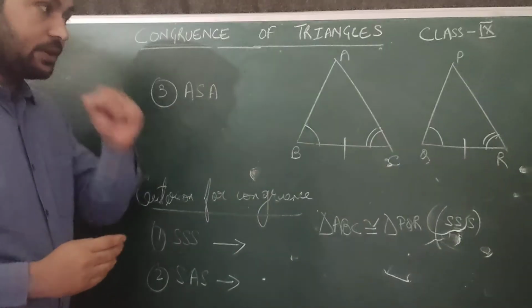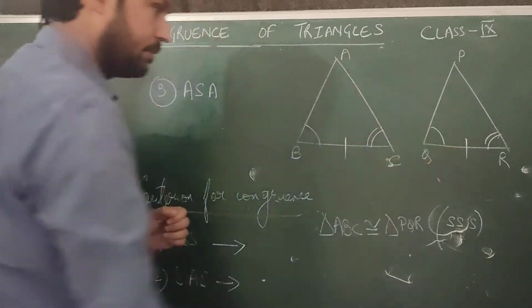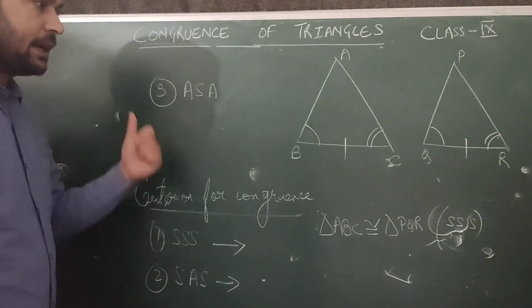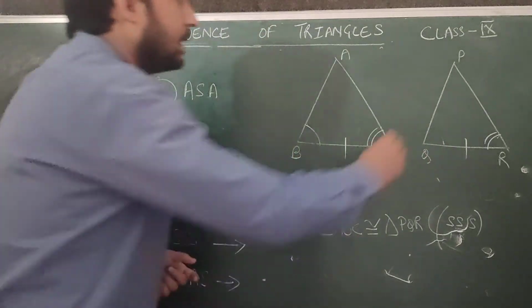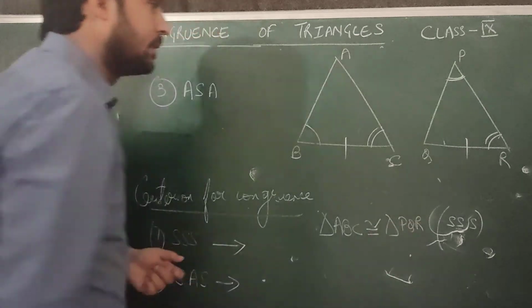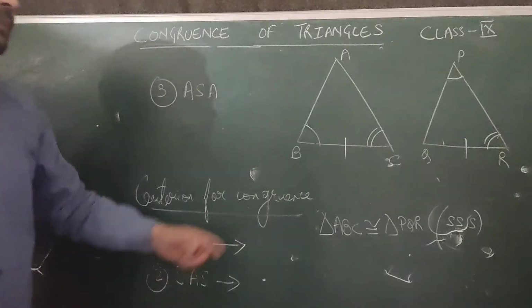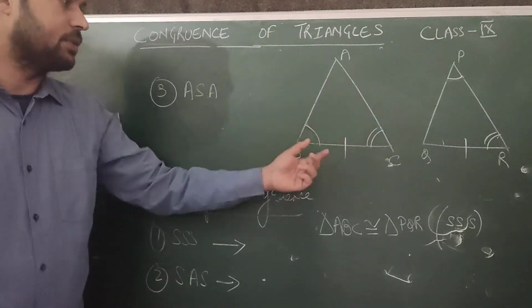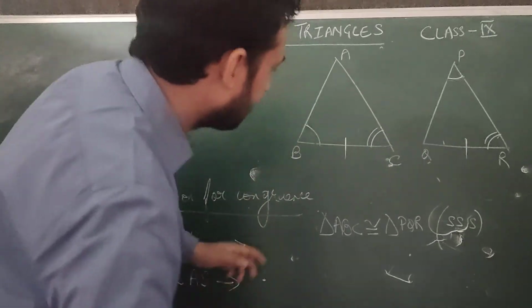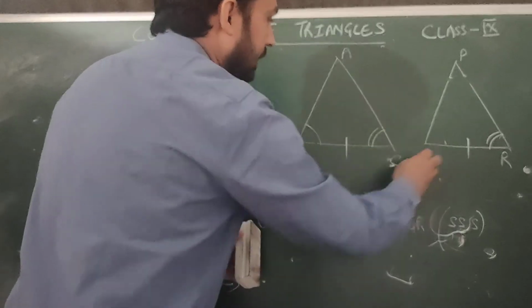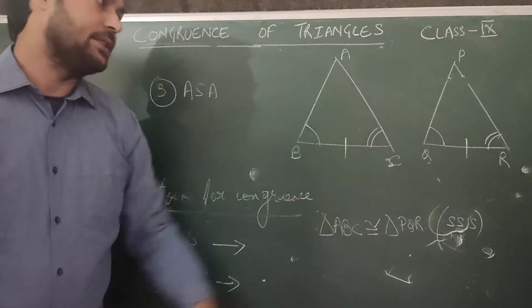And one very important thing that we have to see here is that the corresponding angles and corresponding sides only should be equal in the two triangles. As I mentioned earlier, if you have noticed that this angle equals this in the other triangle, then we cannot say the two triangles are congruent by side angle side or angle side angle. It doesn't match, because this angle should be equal with this angle. So we need to observe the figure properly. Then if this happens, then we can say the two triangles are congruent by angle side angle criteria.